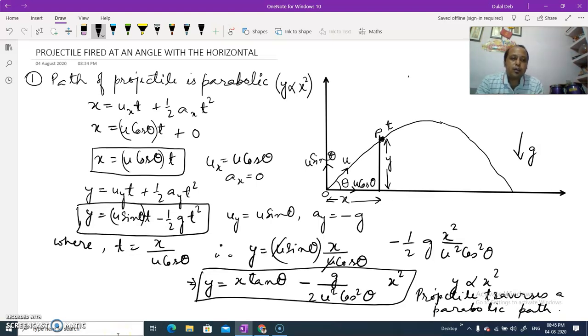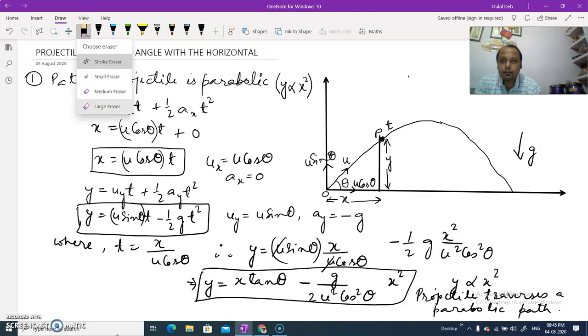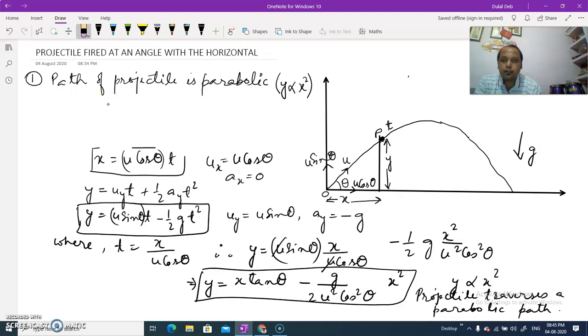So I hope this is very clear to you. The first point I have made here, which is the path of the projectile is parabolic, and we have proved that it is parabolic because y is directly proportional to x square. So we move to the next part now. We are going to discuss,